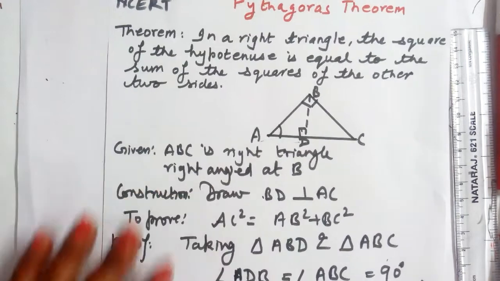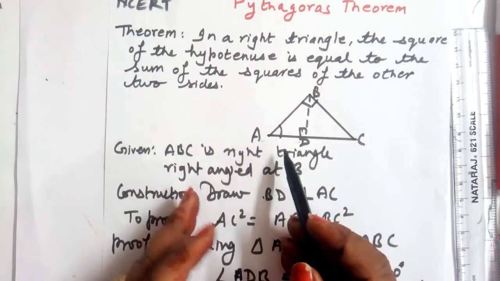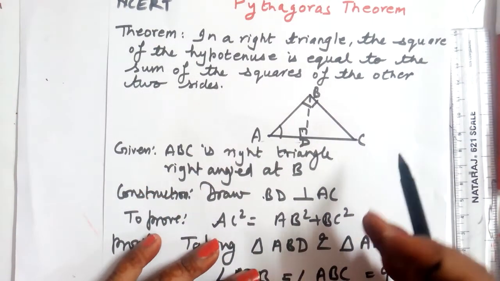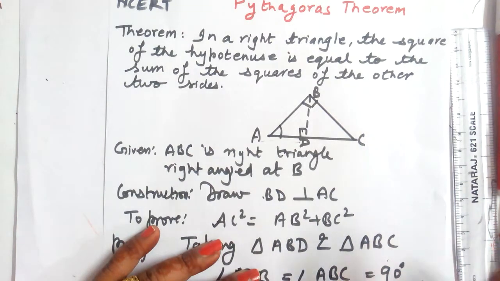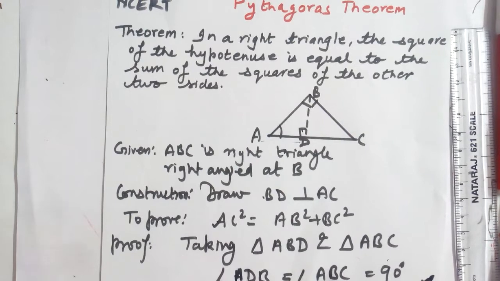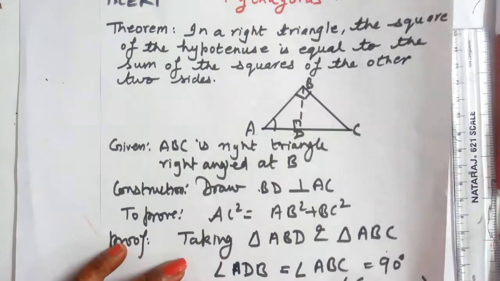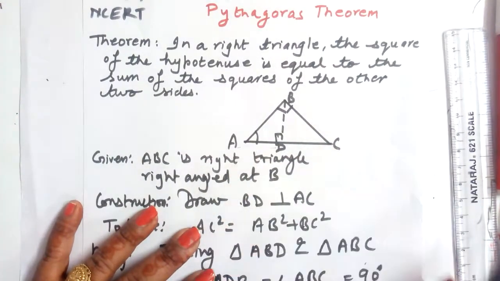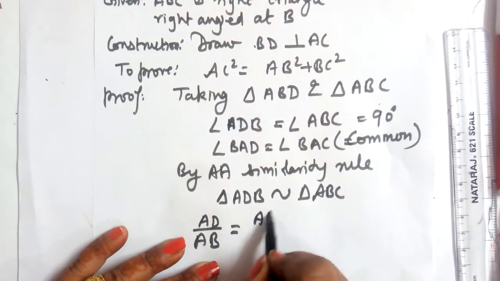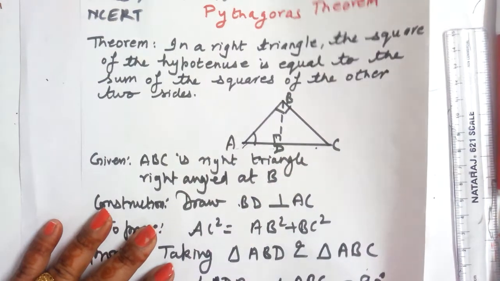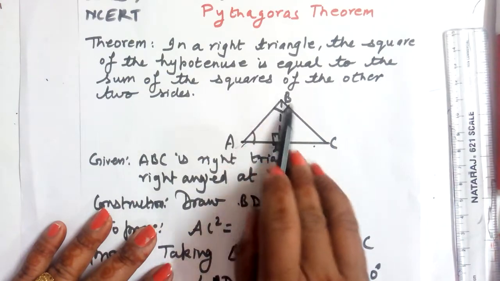So it is not that we can take any side of the smaller triangle and any side of the bigger triangle. No, if we are taking the base of the smaller triangle, then we have to take the base of the bigger triangle. We have proved that both the triangles are similar. We know that only the corresponding sides are proportional to each other. So the hypotenuse is AB in the smaller triangle, that is ADB. So AB upon, and the hypotenuse in the bigger triangle is AC. Okay, quite clear? AC is the hypotenuse for the triangle ABC, the bigger one.